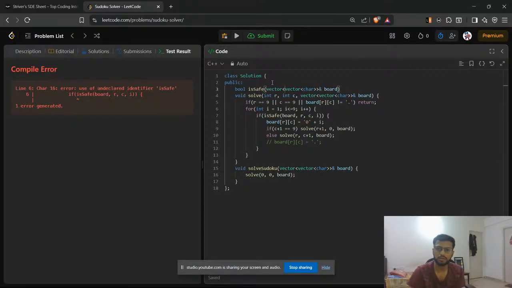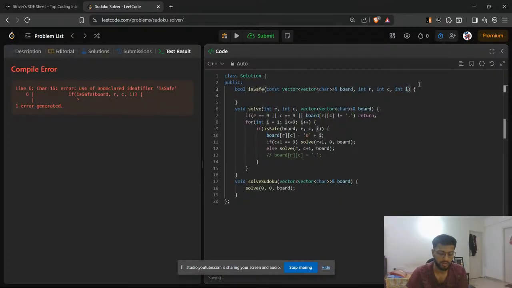I am not gonna change this code here, so I will put a const. And then I will give int row and column. इस फंक्शन में मुझे क्या लिखना है कि मैं इस बोर्ड पे r, c वाली प्लेस पे वैल्यू को पुट कर सकता हूँ. तो मैं कब नहीं कर सकता हूँ. मैं तब नहीं कर सकता हूँ if this row contains